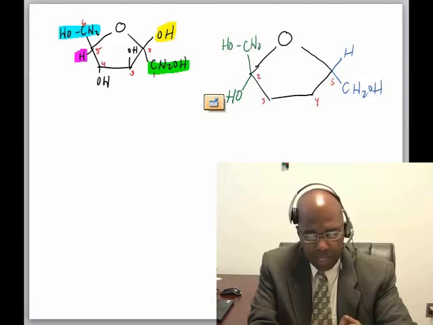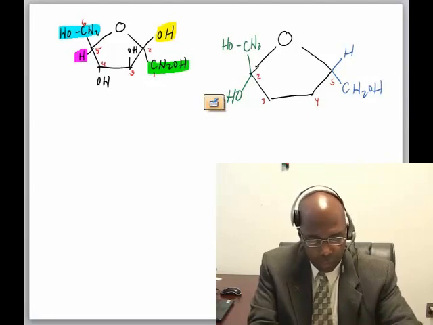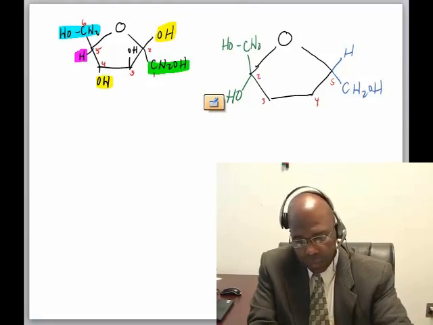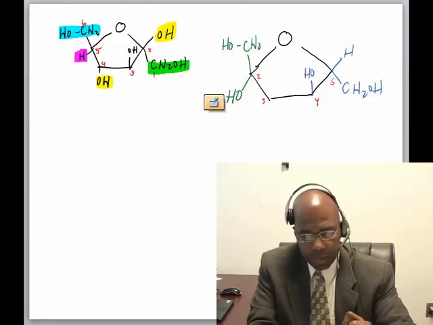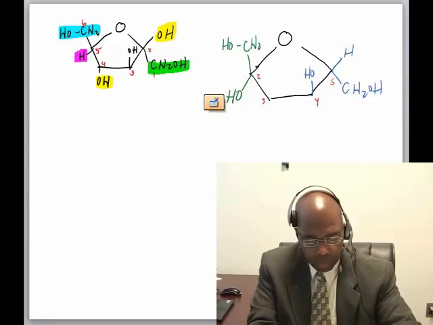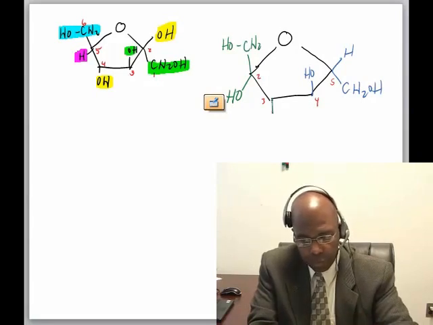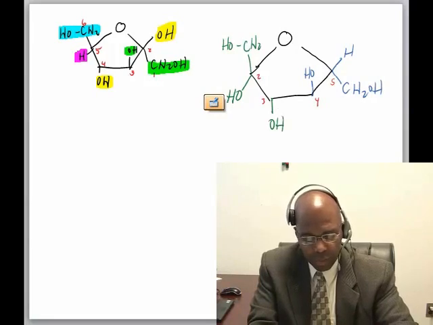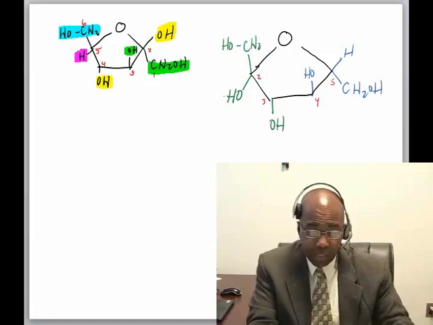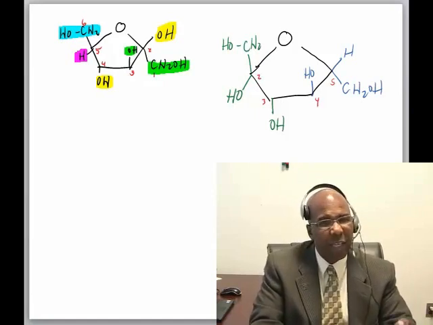Okay, I'm going to highlight the 4 yellow. The 4 hydroxyl is going down. So the 4 hydroxyl here on this side needs to go up. And I'm going to highlight this green. The 3 hydroxyl is going up. So here the 3 hydroxyl goes down. So these two, if you look at the bottom 2 carbons, 4, 3, 3, 4, they look the same when you're looking at it. That's why it's very easy for students to